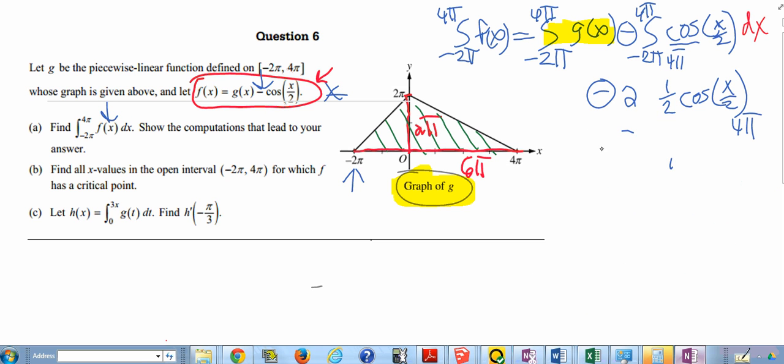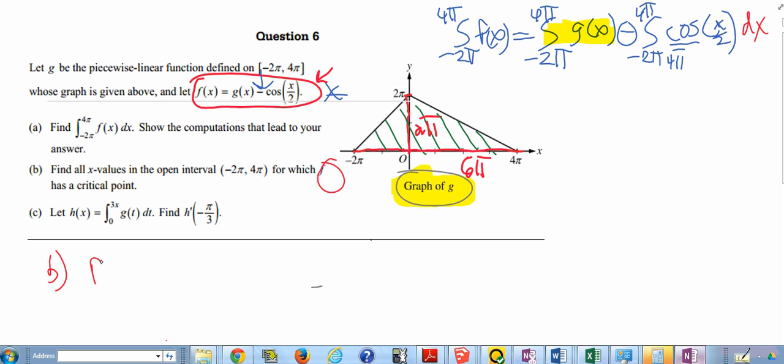They want us to find the critical values of this graph, right? And not this graph, but in particular f of x, which is the piecewise graph, or this triangle minus cosine of x over 2. So we know that in order to find the critical values, we have to take the derivative of f of x. So that's simply the derivative of the graph, which is just the slope of the graph,